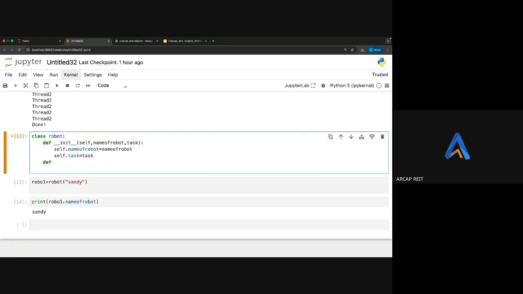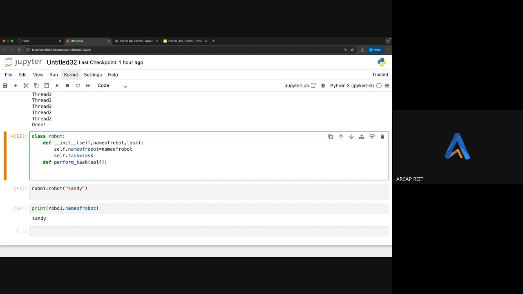This is another method. Init is the constructor method. This is another method. Here we can directly send this variable, or we can send the total object, the self object. The self object contains both the name of the robot as well as the task. So we are sending the self, and we want to print. If you want to print the name of this robot, we can simply write